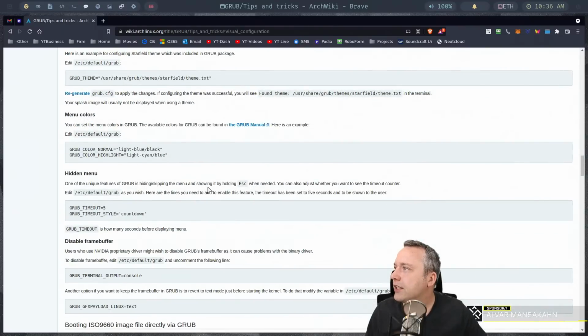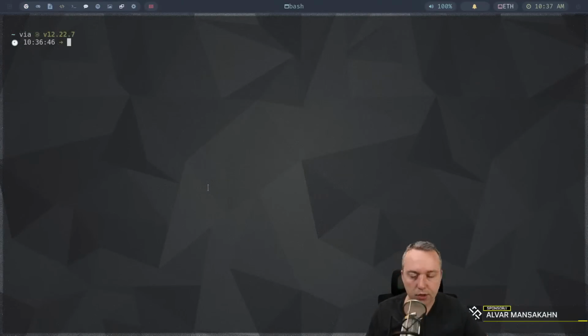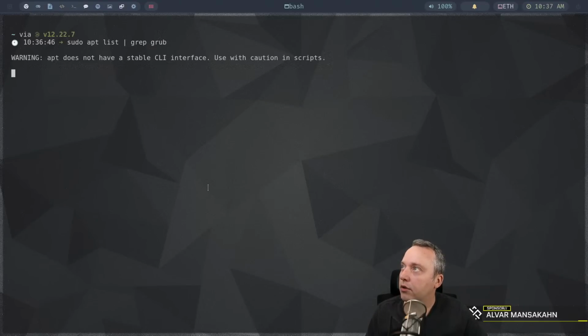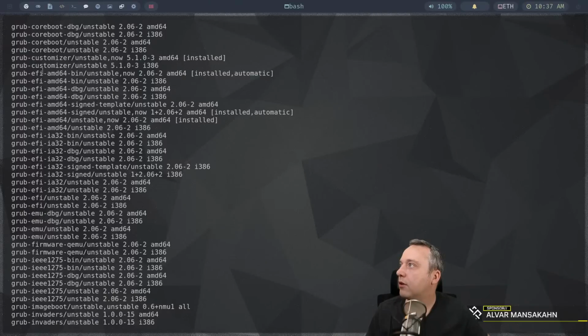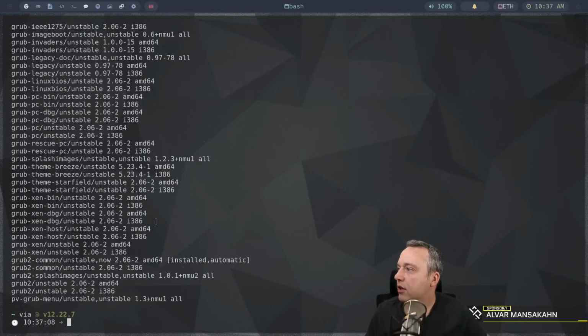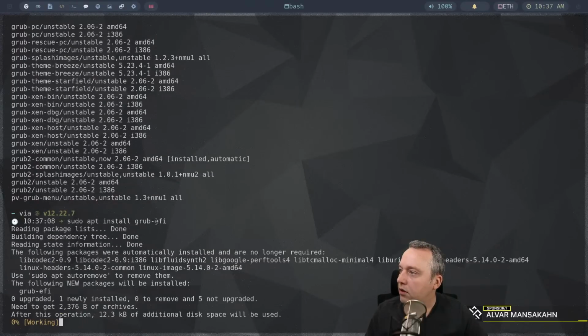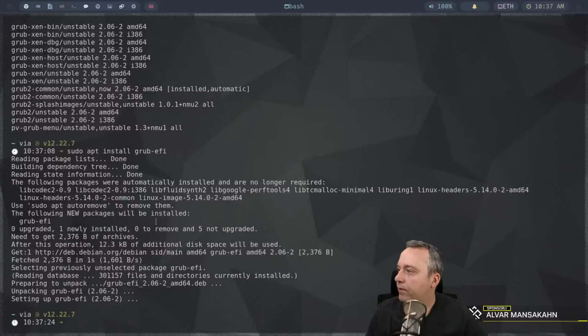Let's see. And then Hikari's suggestion was just to do sudo apt, and I think it was the EFI or grub EFI is what he said to install. So there's a bunch of different grub EFIs here, but just grub EFI is what he was talking about. So we just do sudo apt install grub-efi. And that should be able to get the framebuffer like Hikari was talking about. If we look here too,